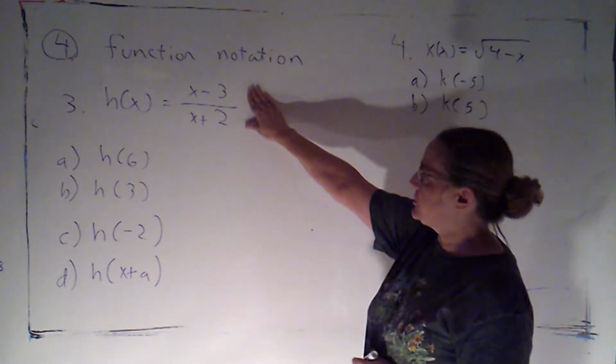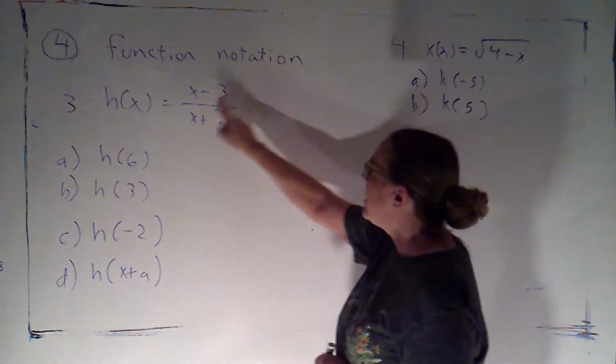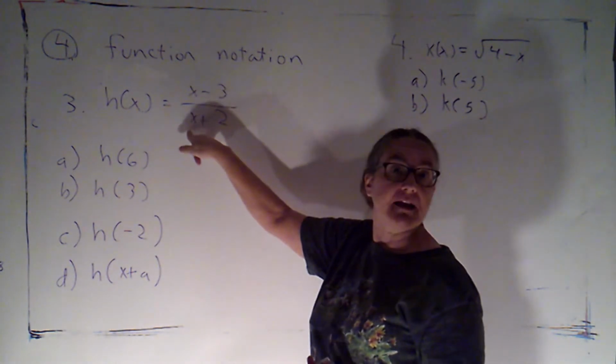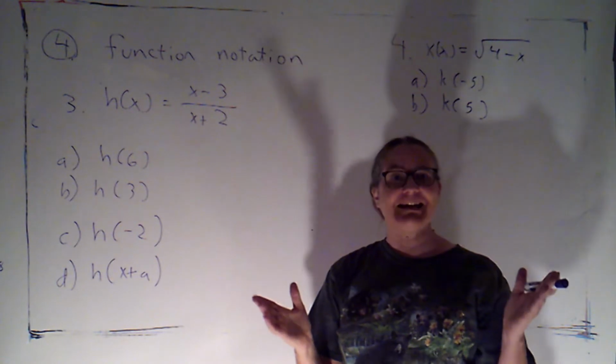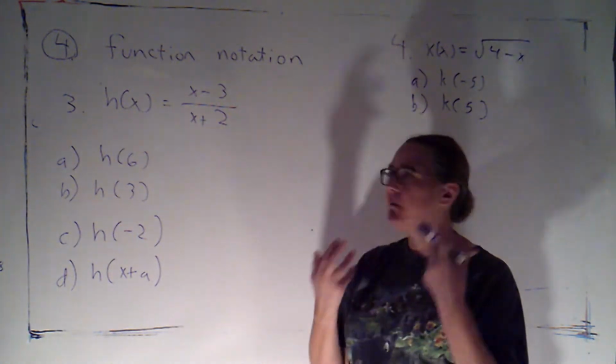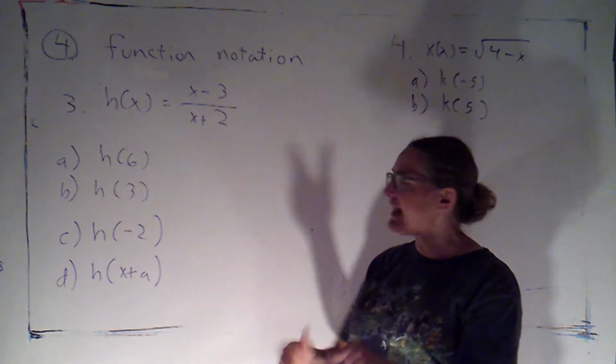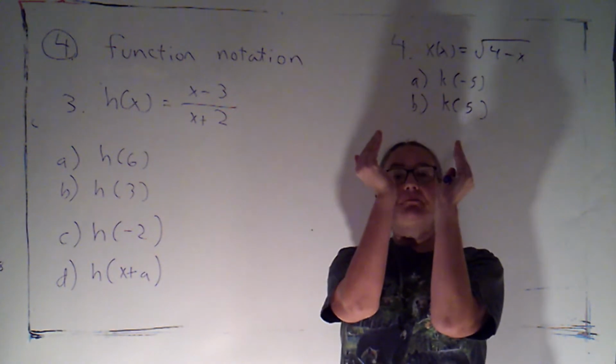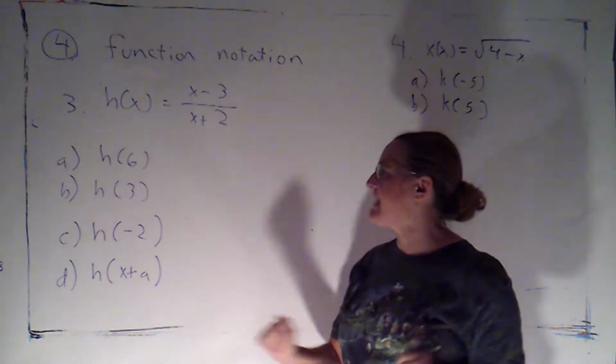First of all, this function is the first one we've seen so far where the x appears in more than one place. That's okay. That means we're plugging in that number or that expression in more than one place. Wherever there's an x, you're going to put the placeholder, the empty parentheses, and that's where you're going to be